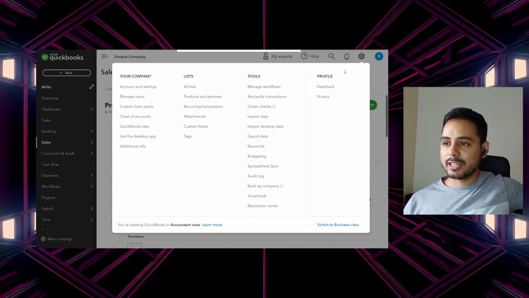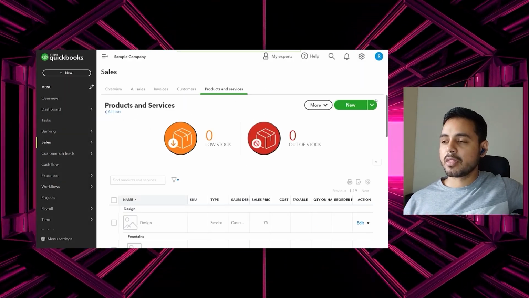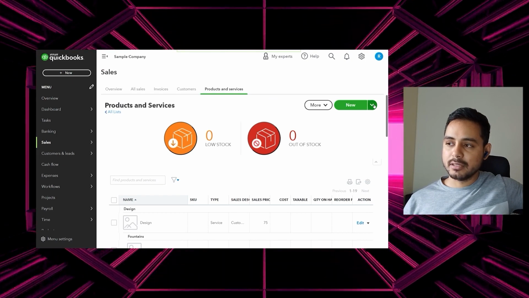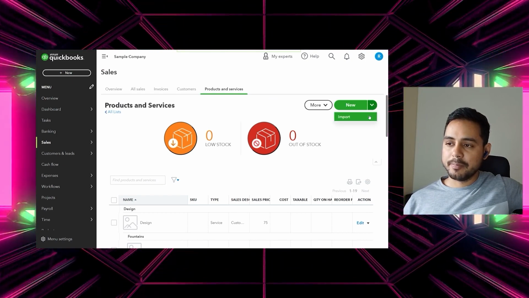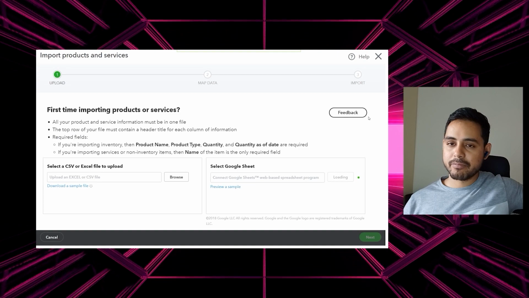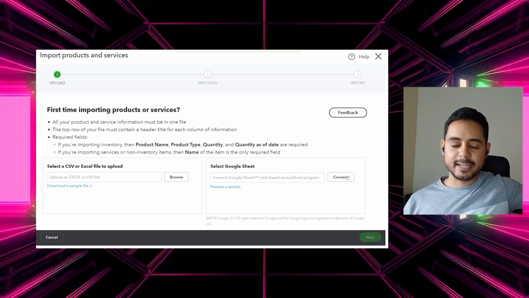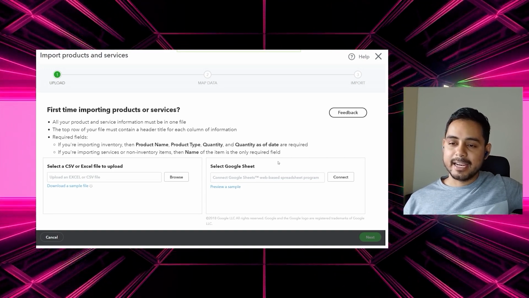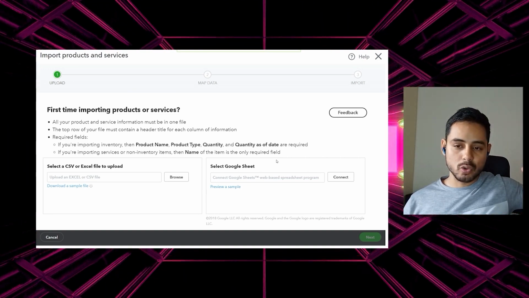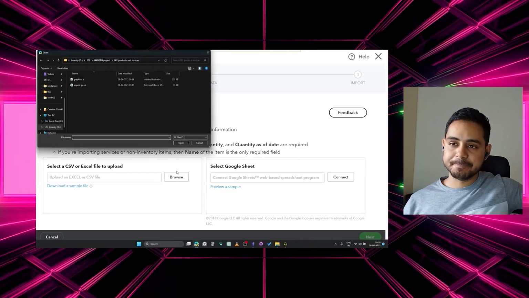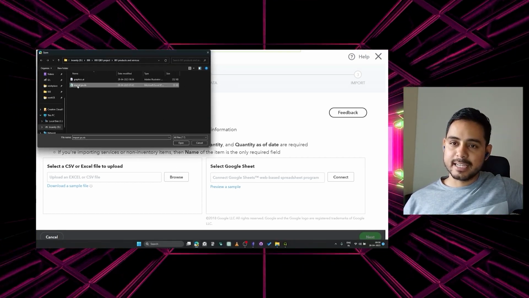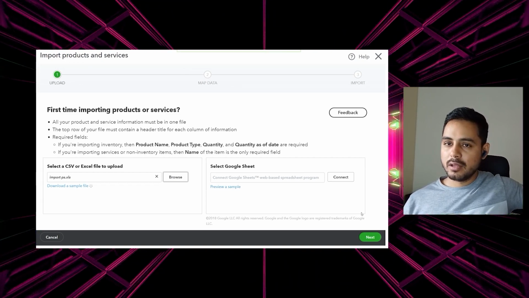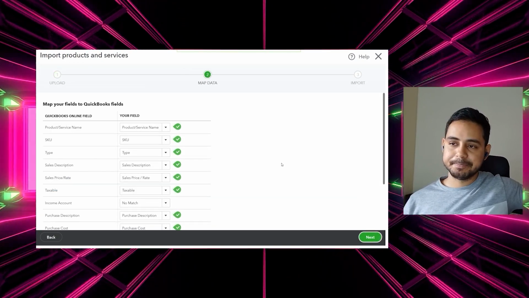Again, go back to the products and services menu, and instead of new, select the drop down option, click on import. You have two options. You can either connect your Google Sheets account if you have the data stored on Google Sheets, and if you have an Excel file stored locally, then you can click on browse and select the Excel file. Select next,